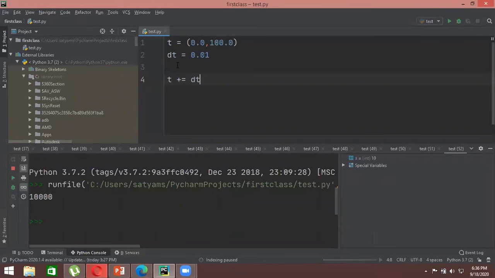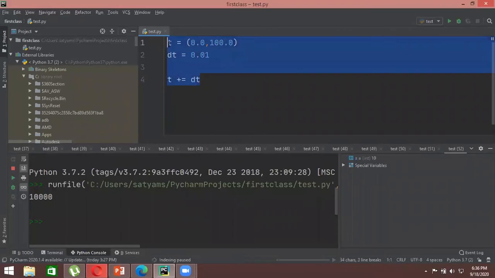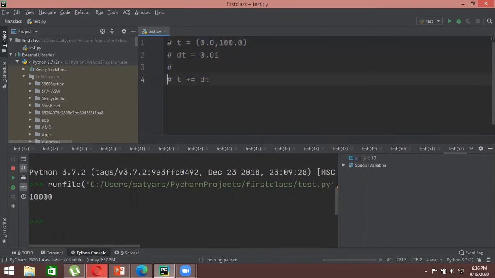So here what happens is, now you have a time range, right? You have to start your simulation from 0 milliseconds and go till 100 milliseconds. But now how would you add it? Because up until now we were just having one value for a particular variable. So let's say I will comment this out. Up until now, we were just defining a equals 4, and then a plus equals 5, and printing whatever the value of a was, right? So it was giving us the answer as 9.